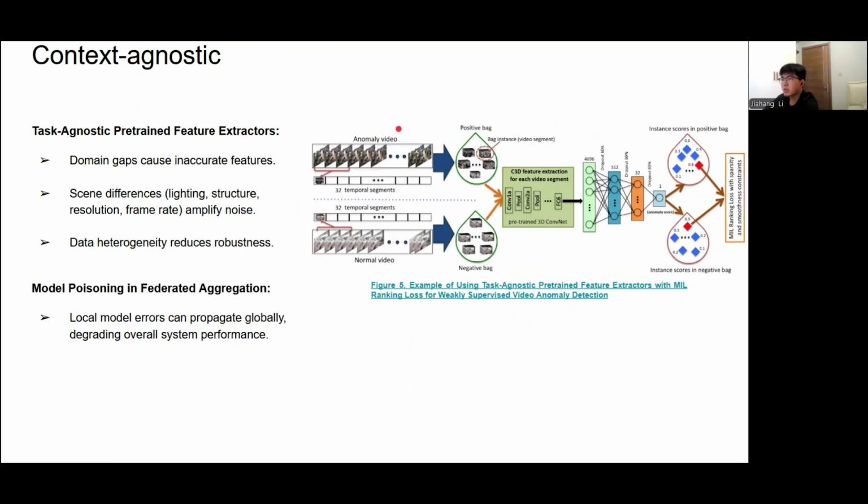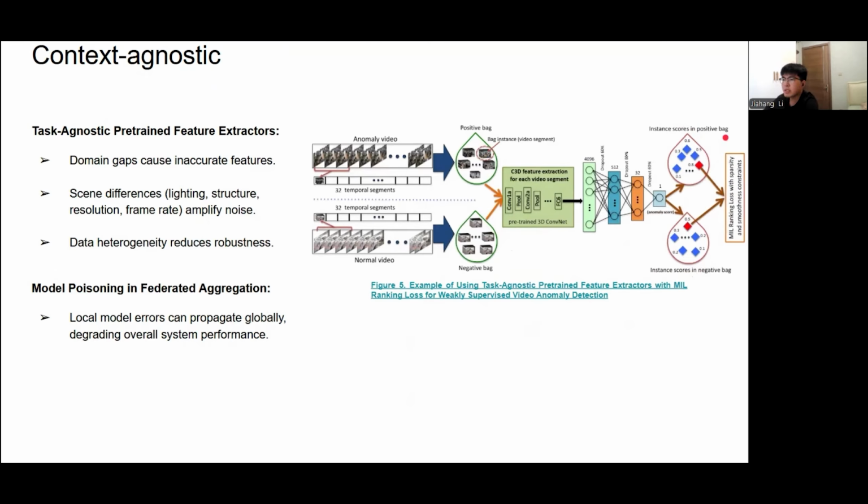Currently, most weakly supervised VAD methods are context agnostic. Like this example, they use a task agnostic pre-trained backbone, usually trained on an action recognition dataset, to extract features from video snippets and learn an anomaly ranking model.